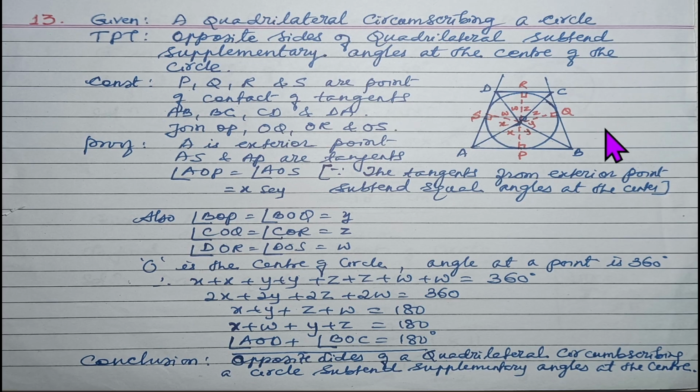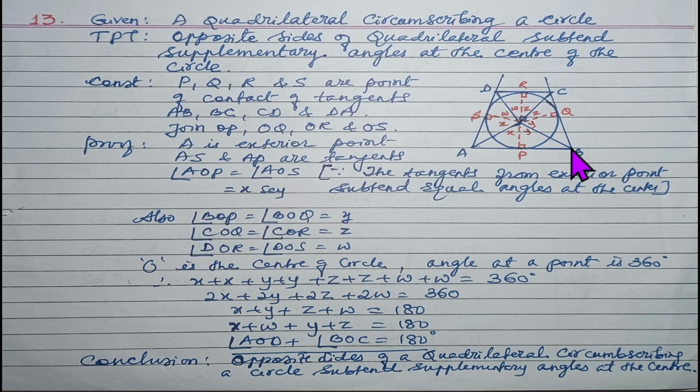Now for that, I will first draw the perpendicular from the center to the quadrilateral sides, that is OP is perpendicular to AB, OQ is perpendicular to BC, OR is perpendicular to CD, and OS is perpendicular to AD. Now, A is an exterior point, B is an exterior point, C is an exterior point, D is an exterior point, and therefore from the exterior point A, AP and AS are the tangents, they are equal,